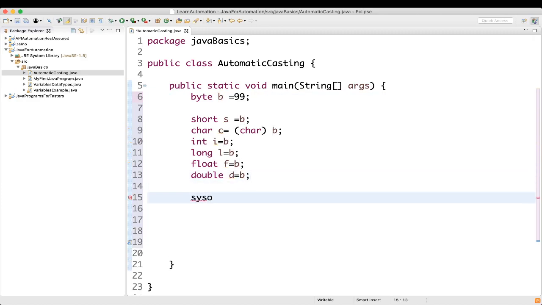So let me do that. Let me write something. Byte value is, first we'll print b, then let me copy paste all these things.